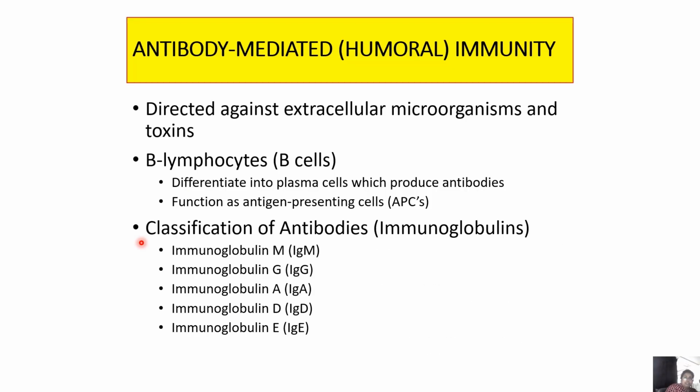Yes, so antibody mediated humoral immunity basically means directed against extracellular microorganisms and toxins. Like we have the B lymphocytes or the B cells which will differentiate into plasma cells which produce antibodies, and function as antigen presenting cells or APCs. The classification of antibodies or immunoglobulins can be immunoglobulin M, immunoglobulin G, immunoglobulin A, immunoglobulin D, immunoglobulin